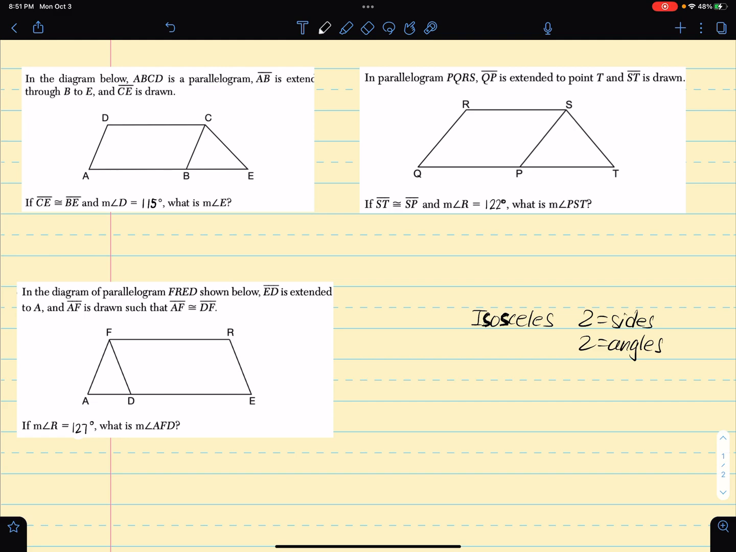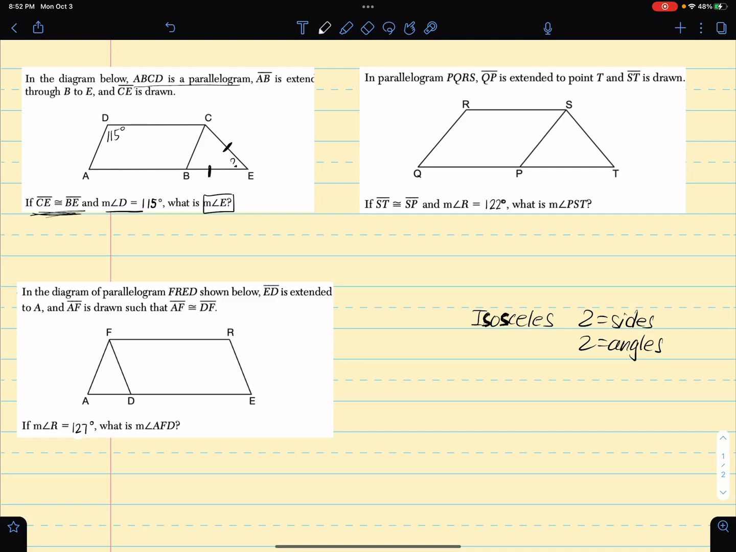So if you look over here in this problem, it says in the diagram below, ABCD is a parallelogram. Line segment AB extends through B to E, and line segment CE is drawn. Here it says if line segment CE, so that's this here, is congruent to line segment BE, so we put the slashes, and measure of angle D is 115 degrees,